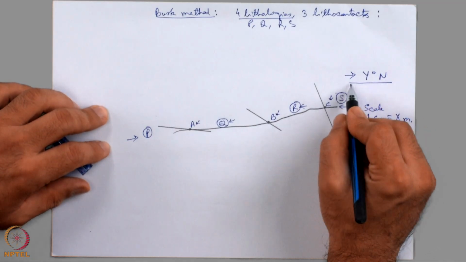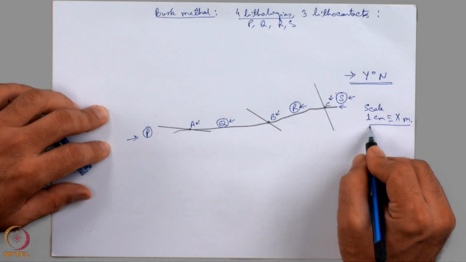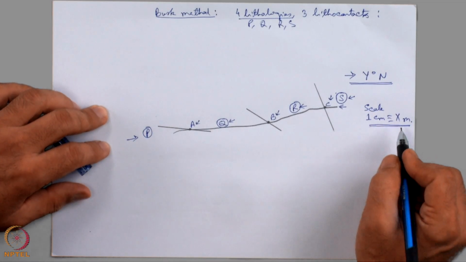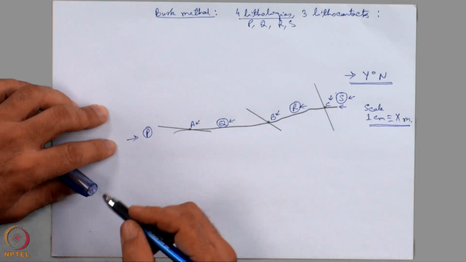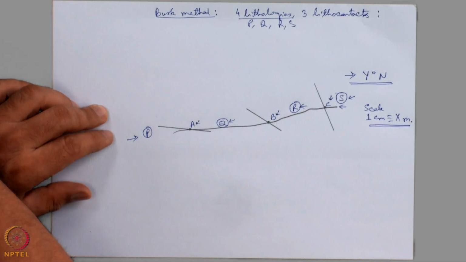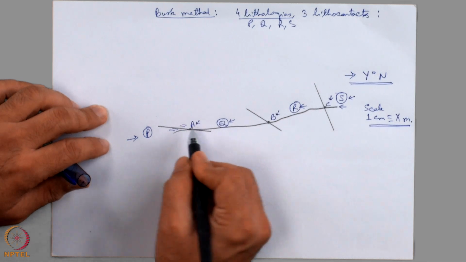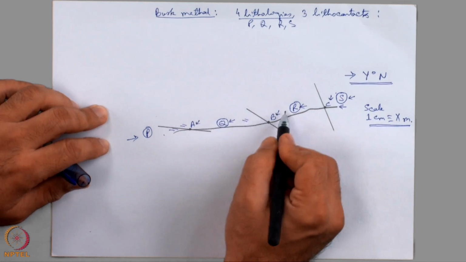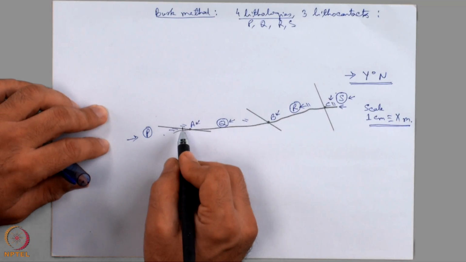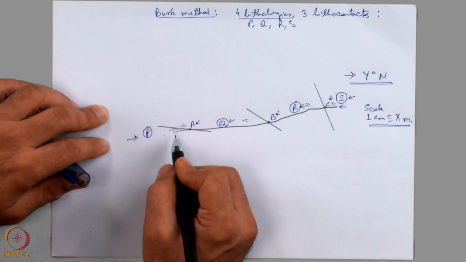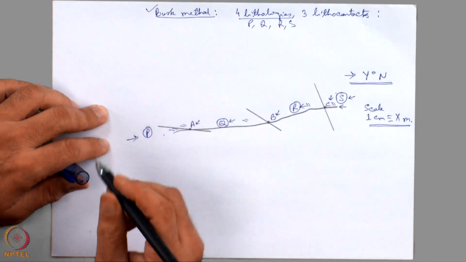Consider this direction is y degree north and the scale adopted in the diagram is 1 centimeter is equivalent to x meter. Field geologist has brought this information and we are thinking that there might be regional folds present here. The field geologist got a hint because he is finding that the layers are showing parallel concentric folding here within P, within Q and then within R and S here also. Only with this information that there can be parallel concentric folds, the geologist can go for extrapolating the fold geometry,